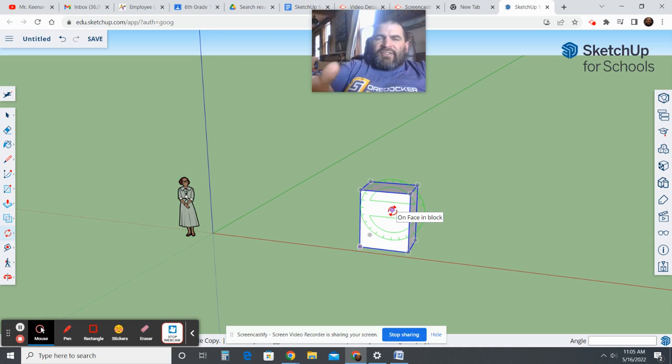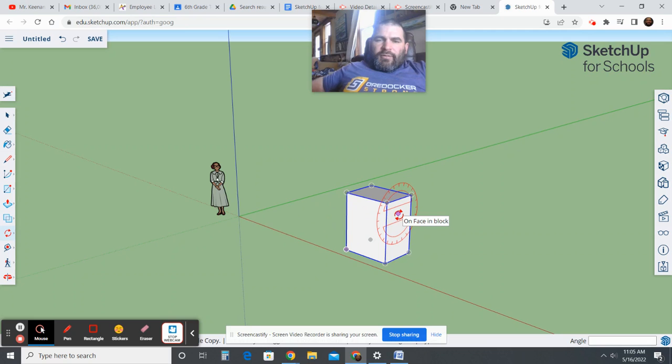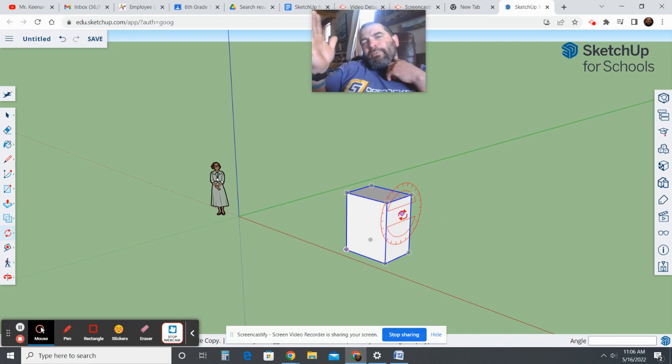It'll pivot on the y-axis. If I hover over the top of the sides that are facing away from the red, the sides that will be facing the green, it's going to pivot off of the x-axis. So if I have it on the y-axis portion, it's going to pivot on the x-axis. If I have it on the x-axis, it'll pivot on the